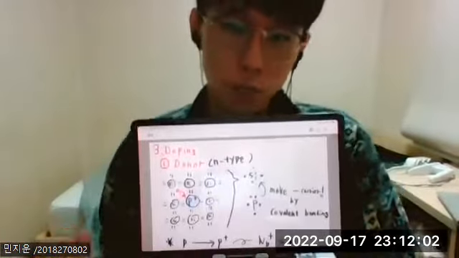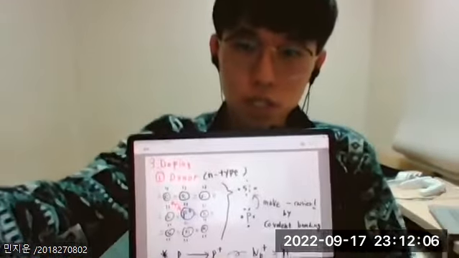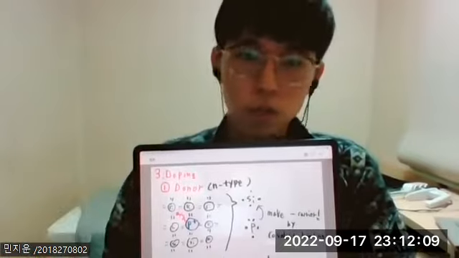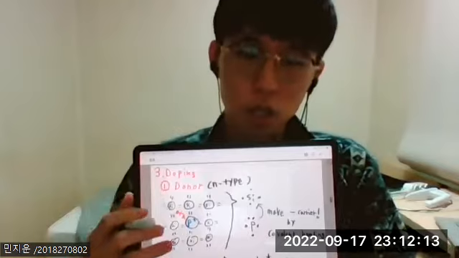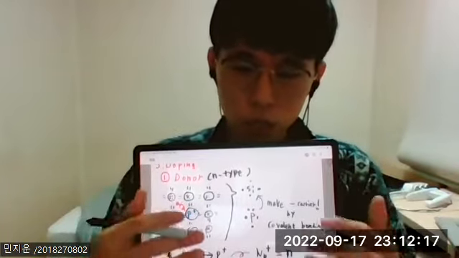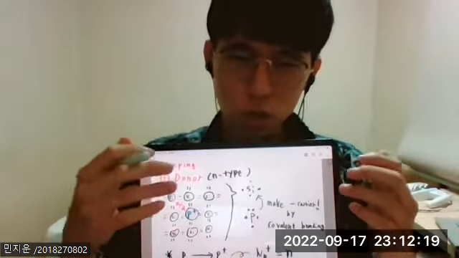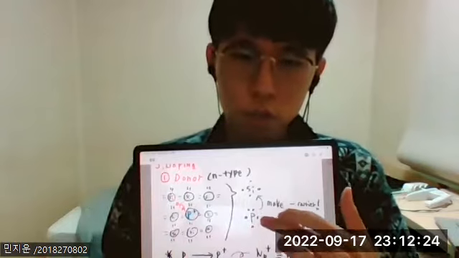Hello, today I explain the review of physics electronics, continuing from last time. First, part 3 is about doping. When the silicon semiconductor is doped by a donor dopant, like a group 15 element